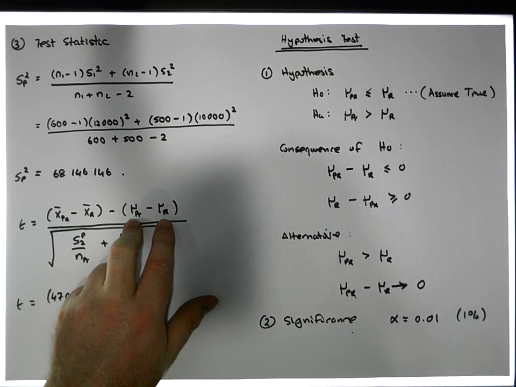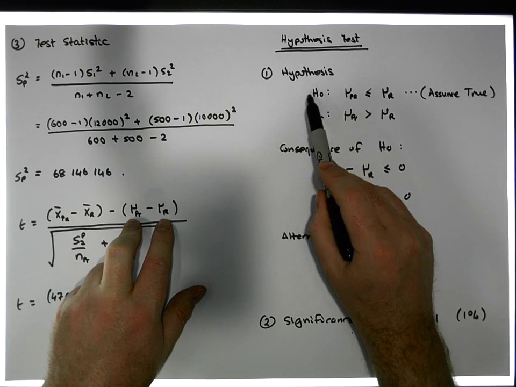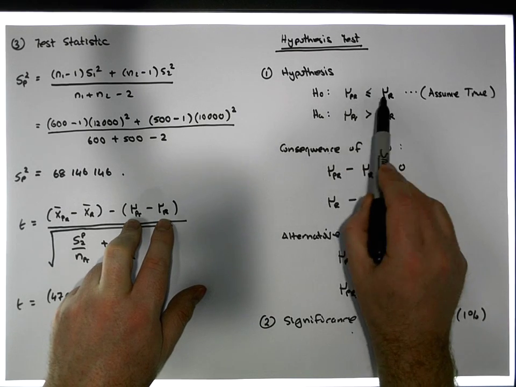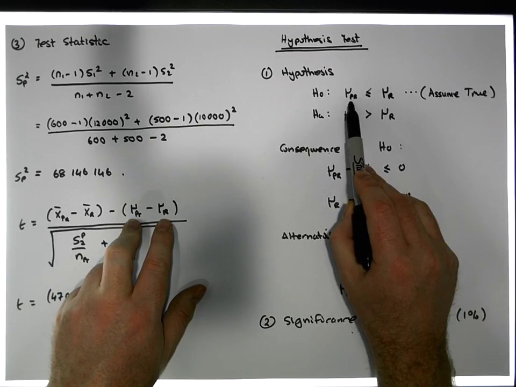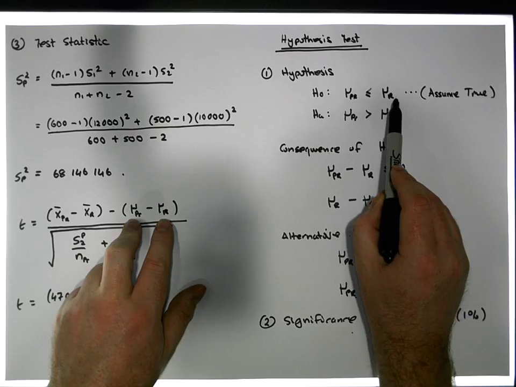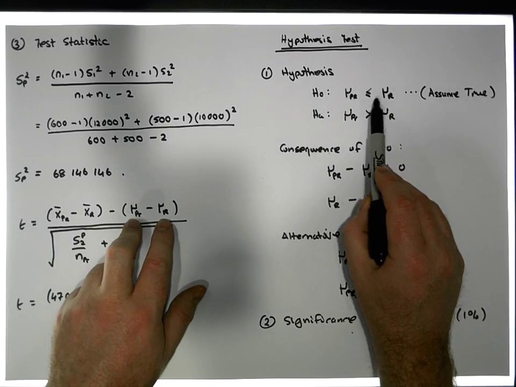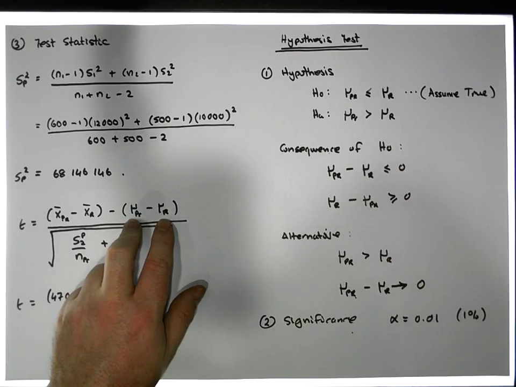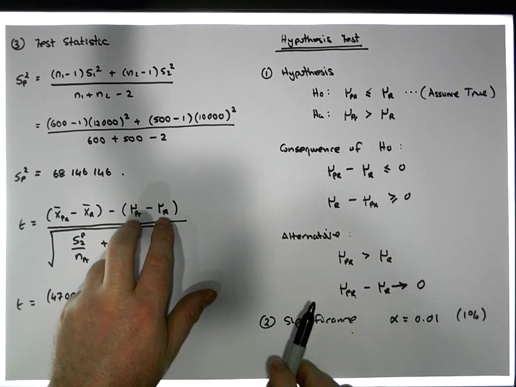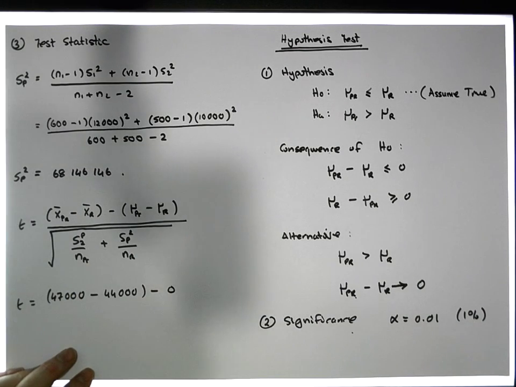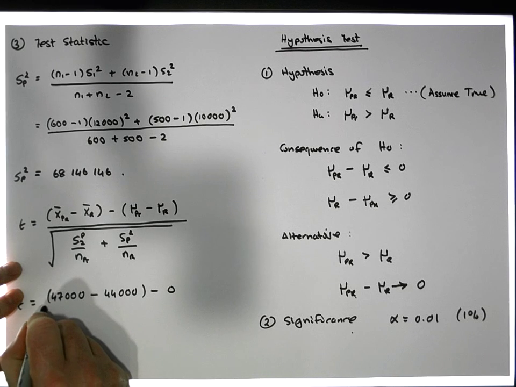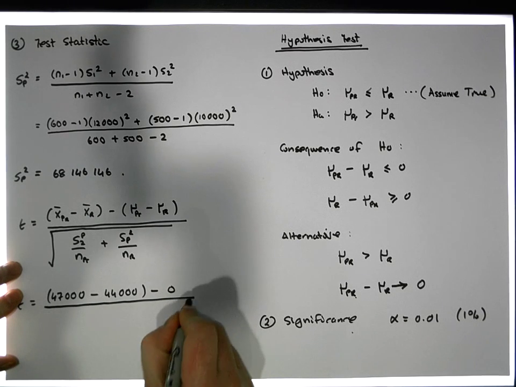Under the null hypothesis, under equality, we have mu of PR minus mu of R. Well, we have mu of PR equals mu of R under equality, so that means mu of PR minus mu of R is actually equal to 0. So under the null hypothesis, there's no difference between them. That's going to be 0 here, and that needs to be divided by